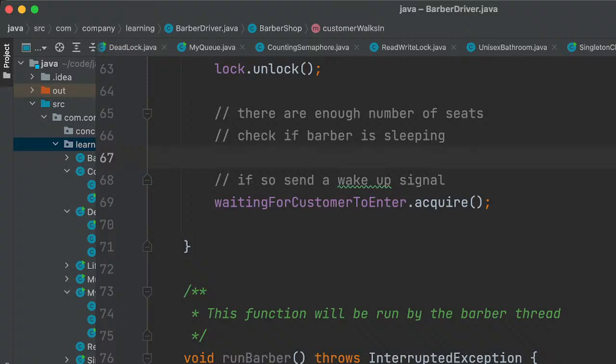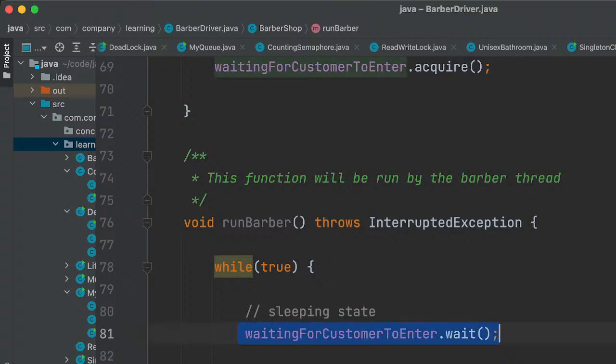So another thing is any thread can signal the barber, right?